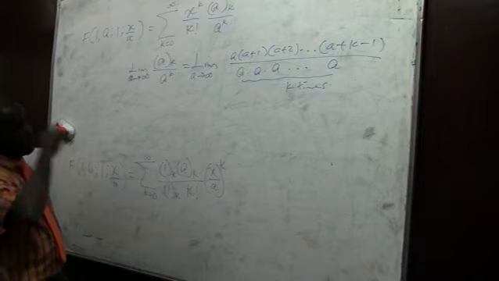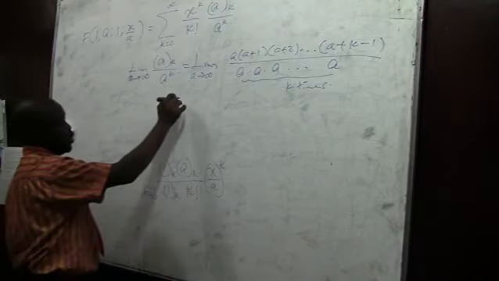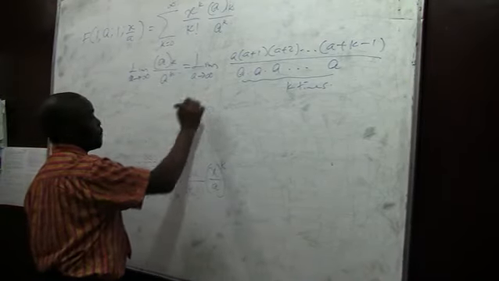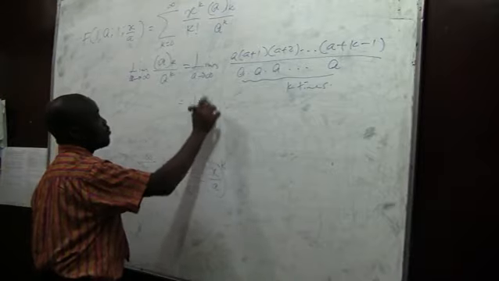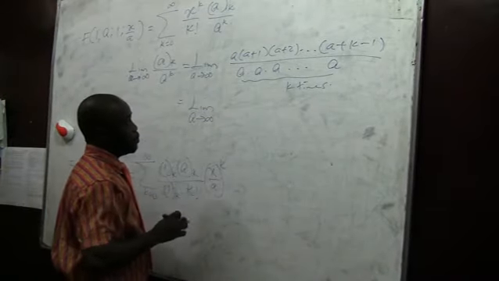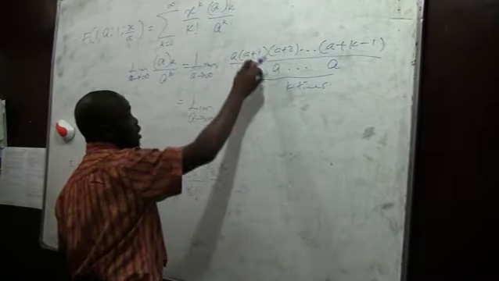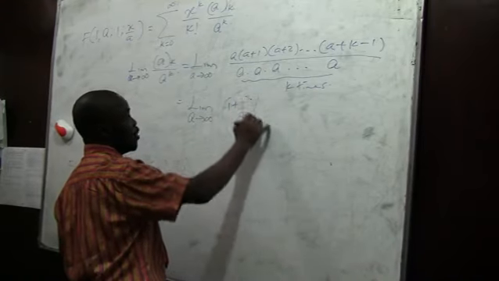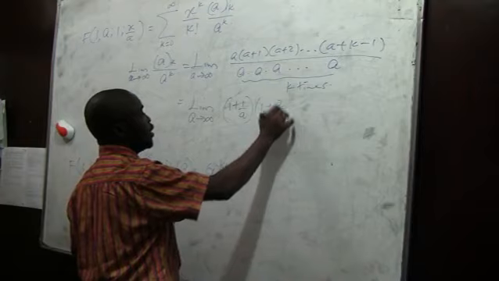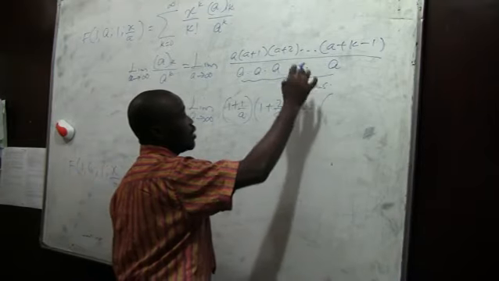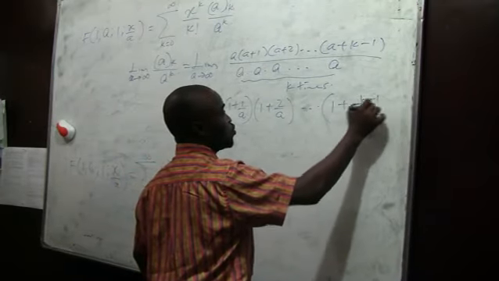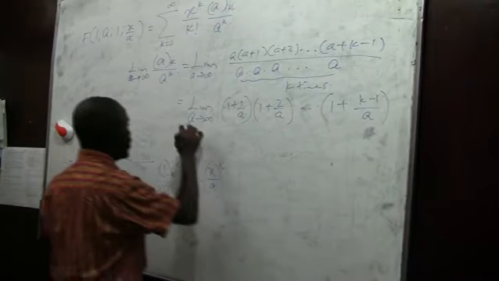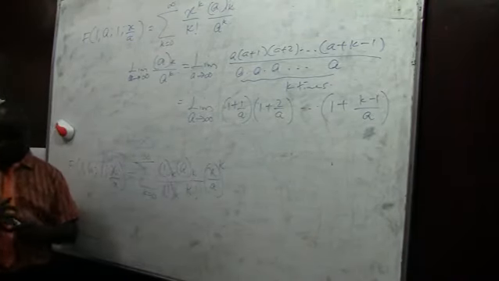Now divide term-wise. If we divide term-wise, a divided by a is 1. Then divide this with this, we have 1 plus 1 by a. The second one will be 1 plus 2 divided by a. It continues, and the last one will be 1 plus k minus 1 divided by a, as a approaches